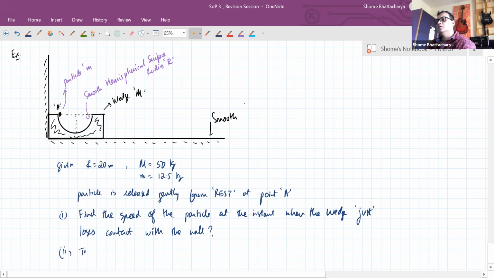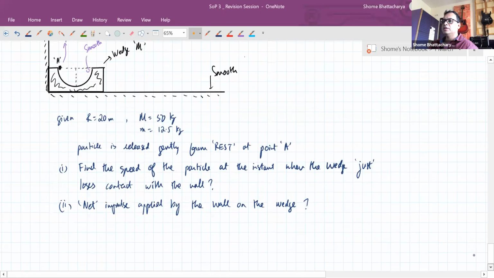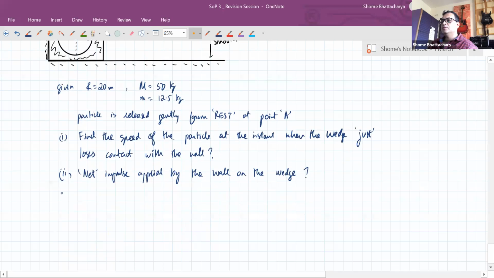Then we want to find the total or the net impulse applied by the wall on the wedge. Okay. Because the wedge is in contact with the wall for a fixed duration of time. So during that time, how much force integrated over time or impulse the wall is applying on the wedge, we want to calculate that. And next we want to find